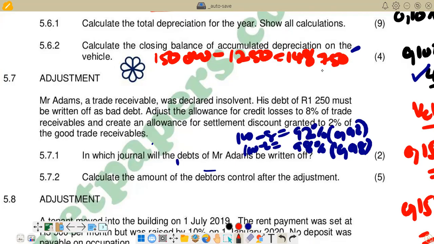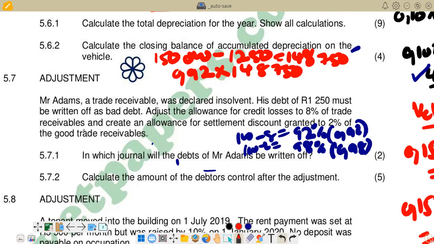So having got this now, after that, now there's an allowance of credit losses of 8%. So this one is representing 100%. So when you remove 8%, it's 100 minus 8, you get 92%. It's 0.92. Then you multiply by 0.92, by this one, 148,750. And then the answer that you are going to get, you are going to multiply it by the next